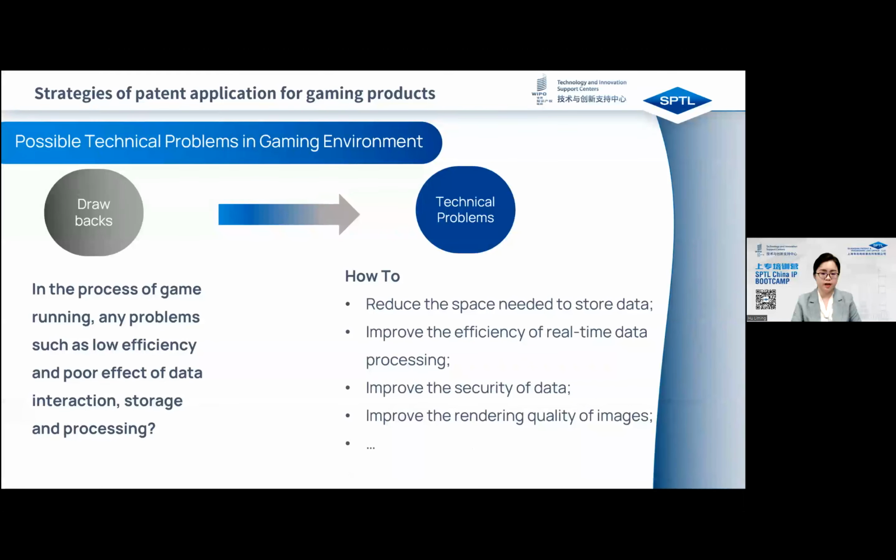Another kind of defects can be asked as, in the process of game running, whether there are some problems such as low efficiency and poor effect of data interaction, data storage, and data processing. Such kind of defects can be translated into technical problems about how to reduce the space needed to store data and how to improve the efficiency of real-time data processing, and such as how to improve the rendering quality of